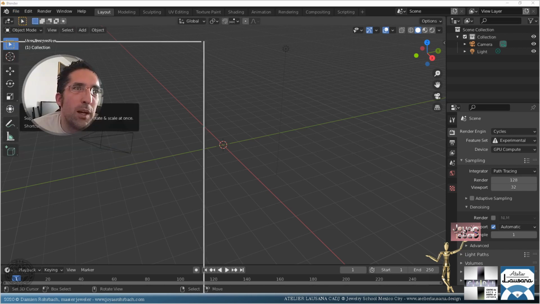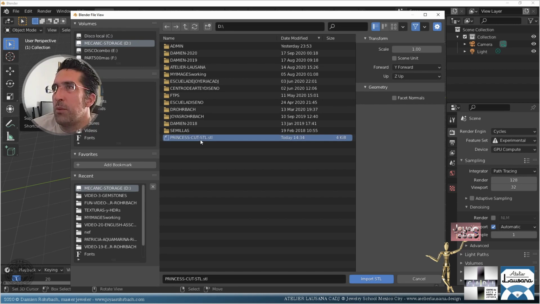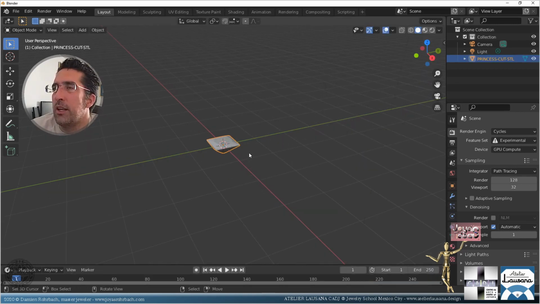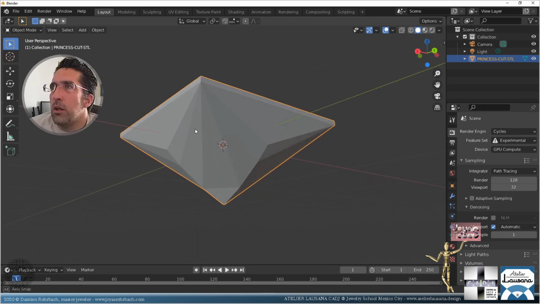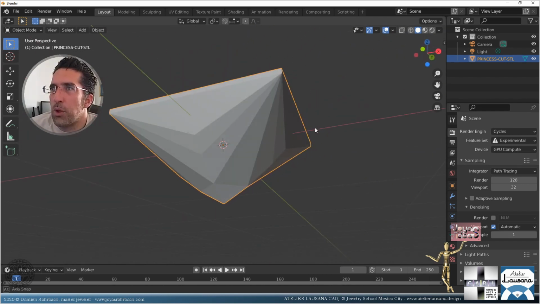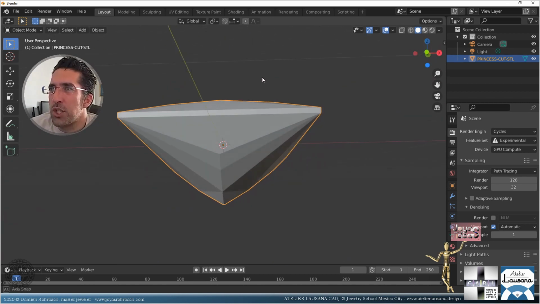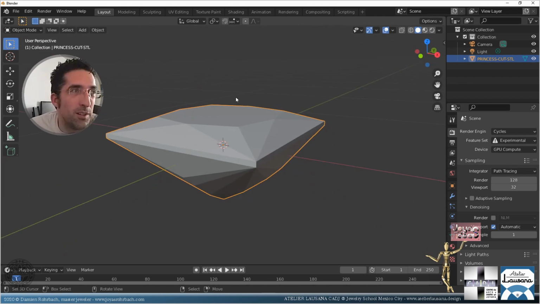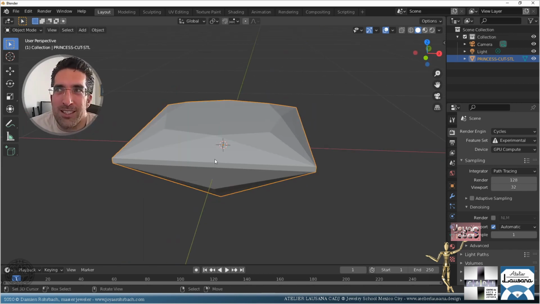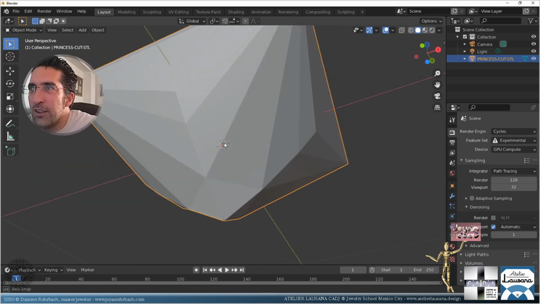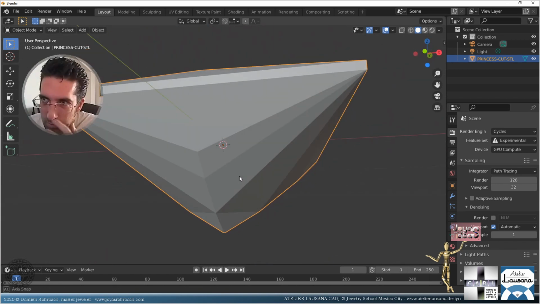I'm going to go to my directory. So this is my princess cut here, import STL, and here we are. What we are going to observe when we export to STL is that the faces of the mesh are going to change. STL is more for 3D printing than for sharing or compatibility. And what changes, and you need to know that, is if you look here, the cut on the pavilion part,